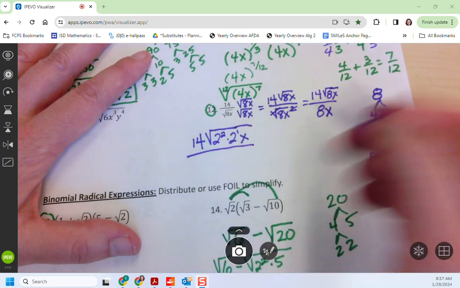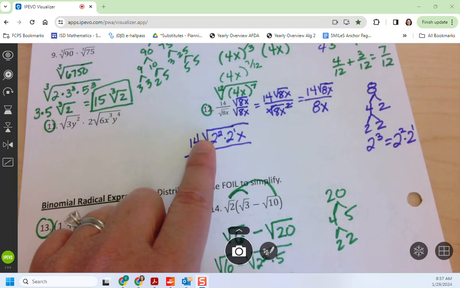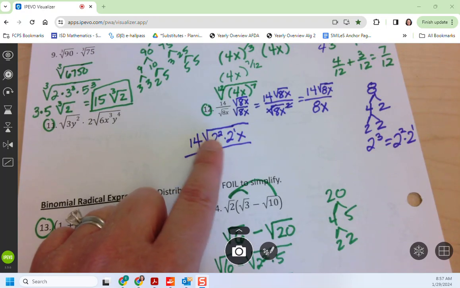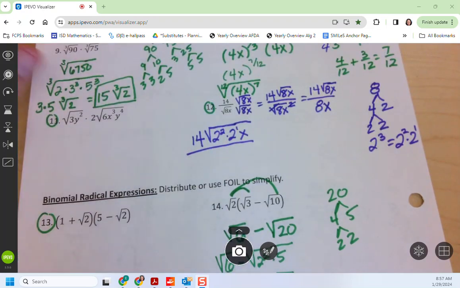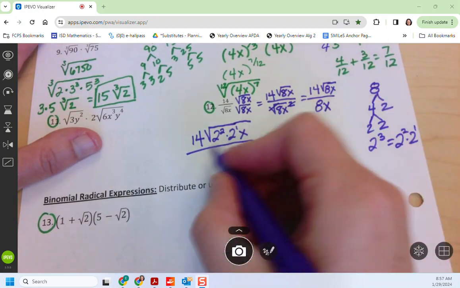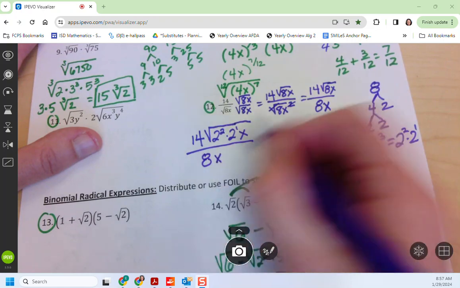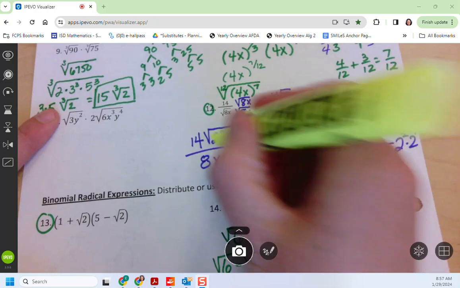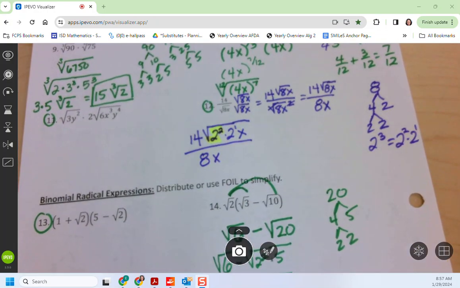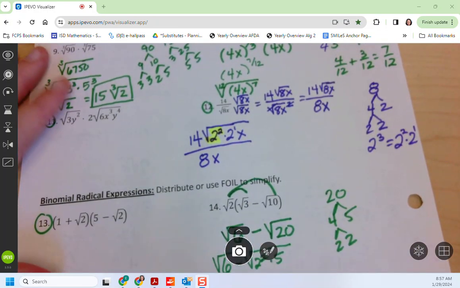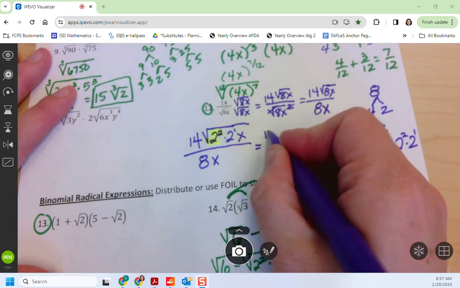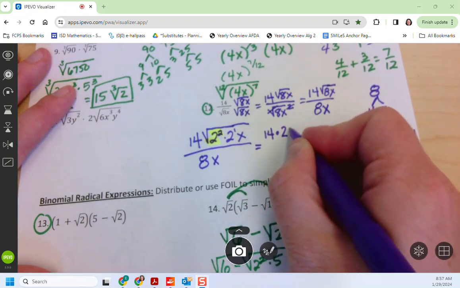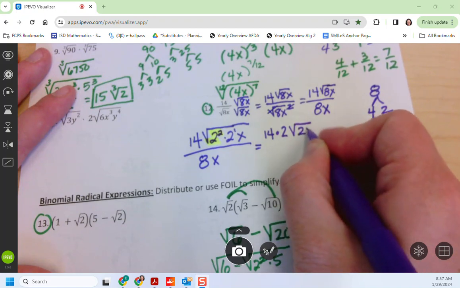Wait, why do you want to do 2 squared times 2 to the 1? Because my root is a square root. The index of the square root is 2. That will cancel out with a squared, okay? If it was a cube root, I would want to break it into cubes. And then I still have 8x in my denominator. The 2 that's squared, that one can cancel out with the square root, and that can get out of that root. So that's going to make a 2 on the outside. So I have 14 times 2, square root 2x,